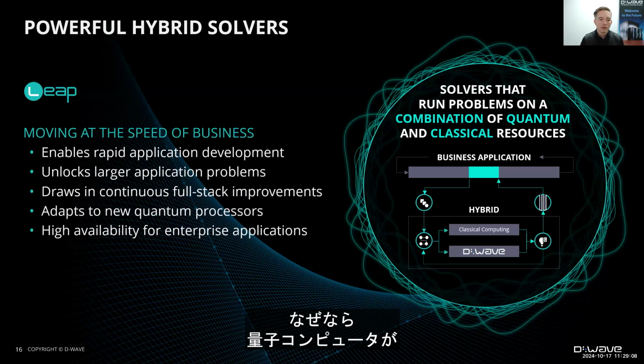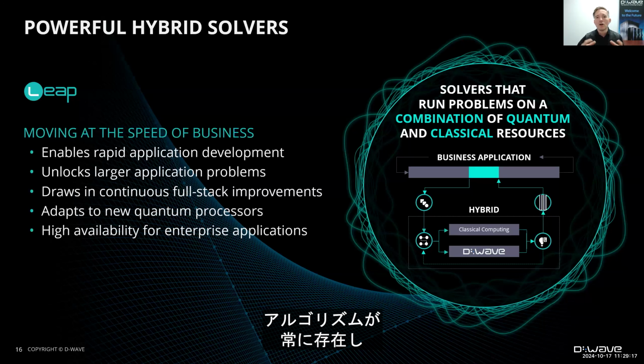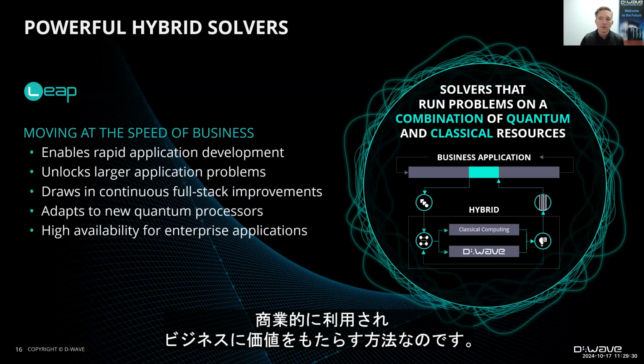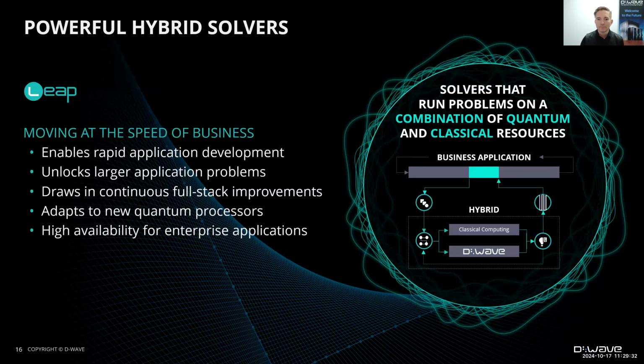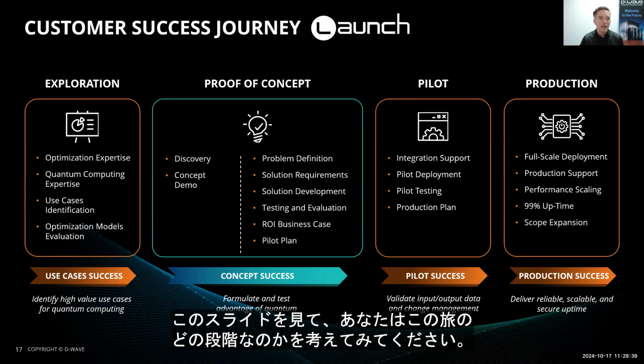And really, it's a scenario where no quantum computer is ever going to be used solo in an application, because whatever problem it can solve, there are always going to be complementary algorithms that can run around it to allow us to reach that larger scale. So hybrid quantum classical techniques are the way that quantum computers are going to reach their commercial audience and bring businesses value. So, I talked about this journey, and I think have a look at this slide and consider,